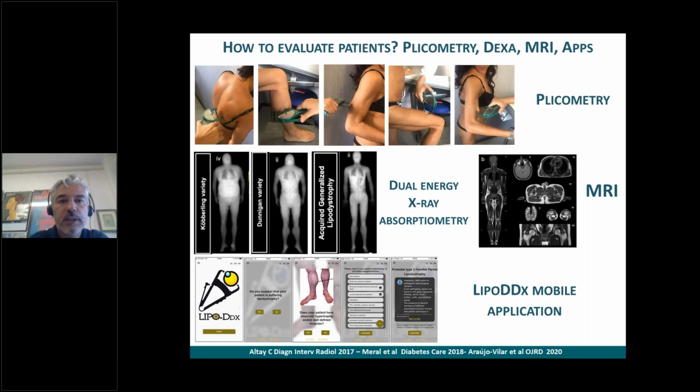So what kind of systems can we use to help us in the diagnosis? As I said earlier, the diagnosis is mostly clinical, but we always use systems that can help in estimating the amount of fat tissue in the body, starting from the classic calorimetry, using very often in all of our patients DEXA scans, and in some specific cases, magnetic resonance to understand where exactly adipose depots are present.